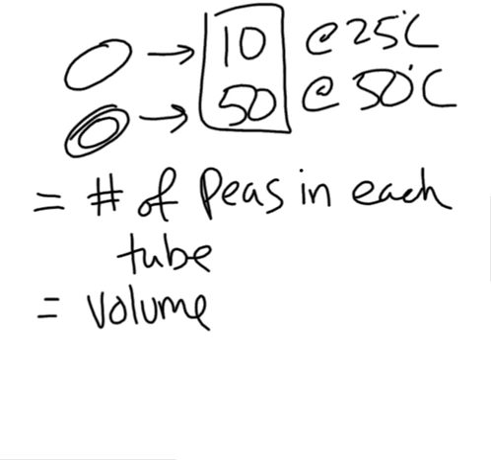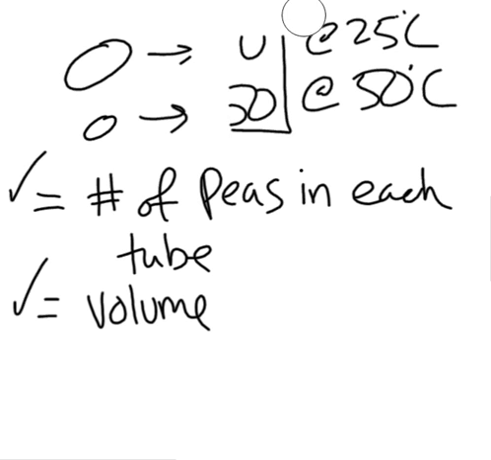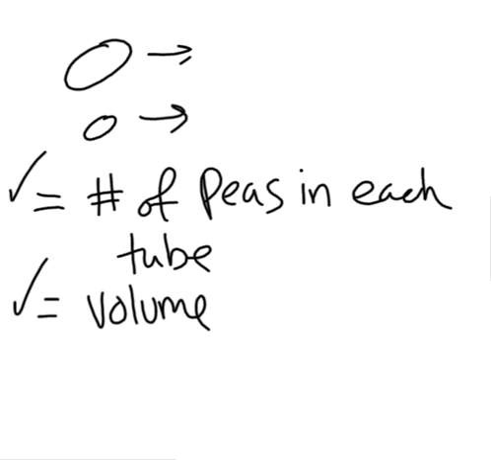Now, like I said, because you have two different types of peas, one pea is big and one pea is small. How are we going to compensate for the smaller pea? We're going to do that by using glass beads. Okay? So if I was to take a look at what's going to be in, say, the two